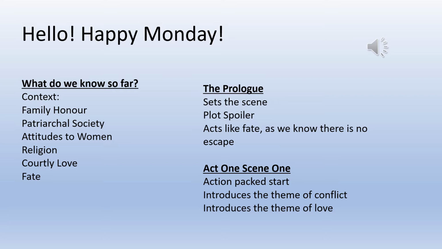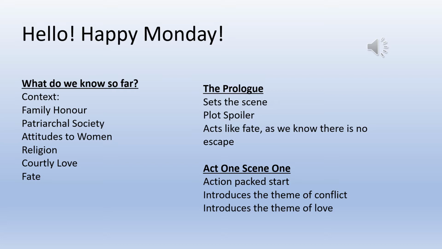We then moved on and we looked at the prologue. Remember, the prologue is the 14-line introduction to the play, so sonnet form. It sets the scene. It contains enormous plot spoiler, and because of this plot spoiler, the prologue acts like fate, as we know there is no escape for Romeo and Juliet, and that they will be dead by the end